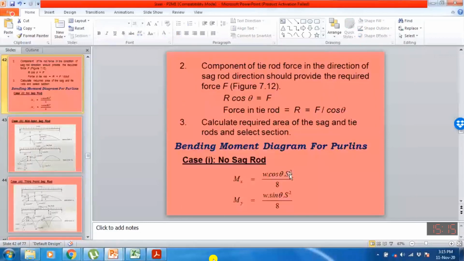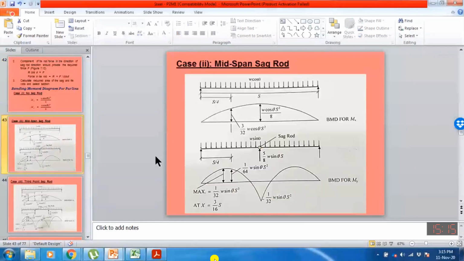So s is the length of the purlin. Length of the purlin is equal to the spacing between the trusses. So when we are using one sag rod, we are assuming that sag rods are not effective because they are not providing support in the vertical direction. So the member will be free to bend as a whole about the x-axis. So in that case, if we are using one sag rod at mid-span,